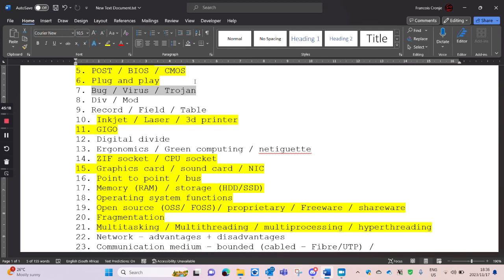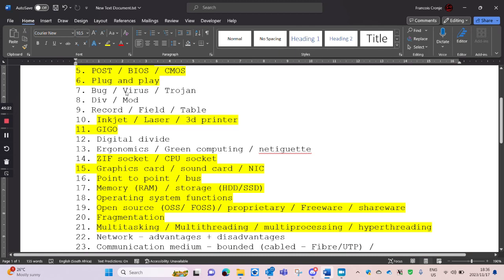All right, so a bug, yes. So the main thing is it's basically a programming error.